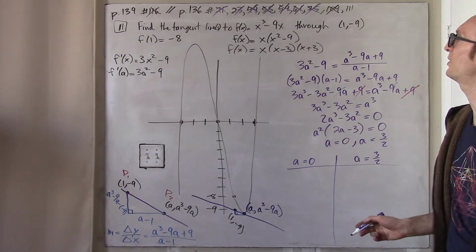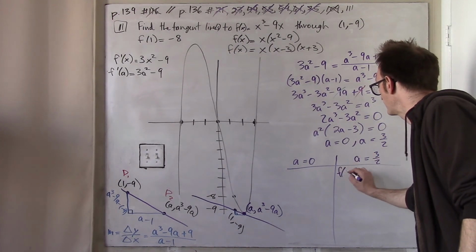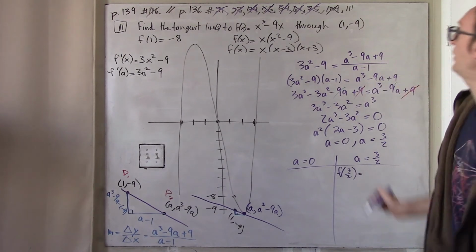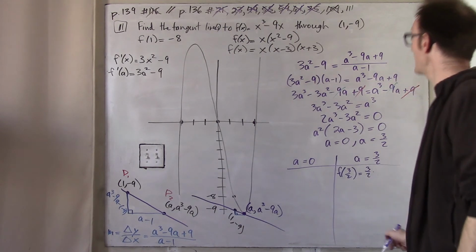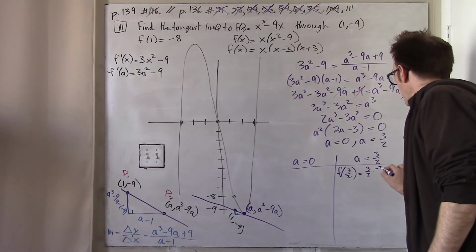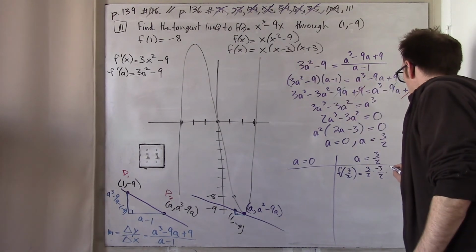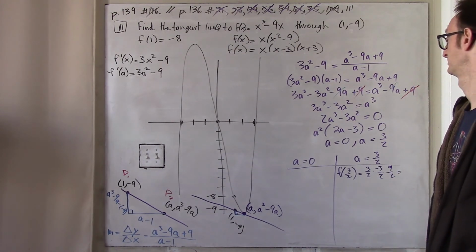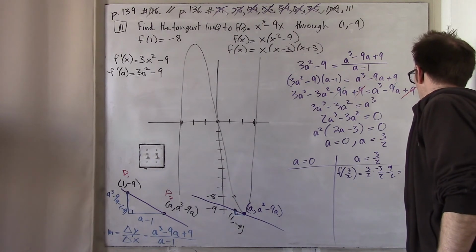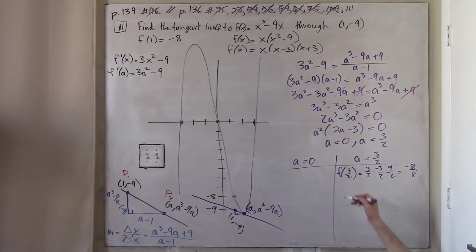Well, to really confirm this, unfortunately, I think I need to plug 3/2 into my function. I don't really want to do that, but I guess I could. If I plug in 3/2, what am I going to get? I'm going to get 3/2 times, that's negative 3/2, and if I plug 3/2 in here, I'm going to get 4.5, so that's 9/2. So that's like negative 81 over 8. Yeah, that's not exactly the answer I was expecting, but okay, I persevere, because what is then the derivative at